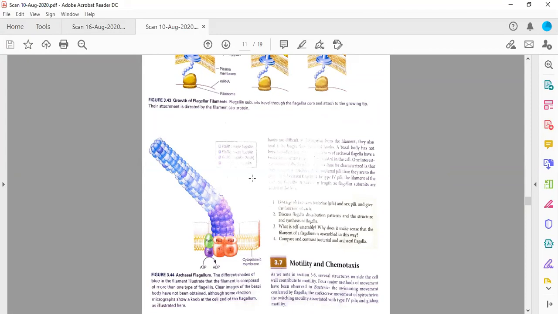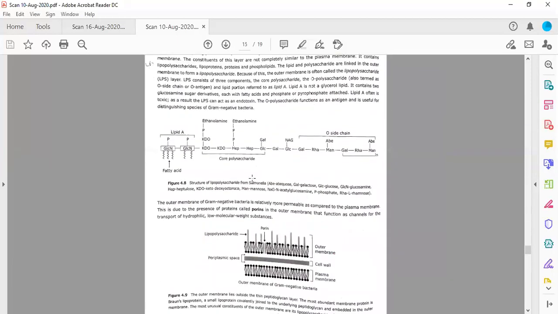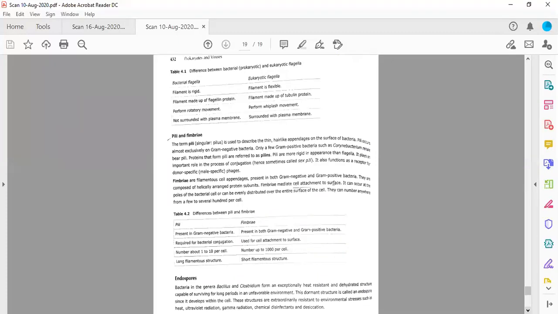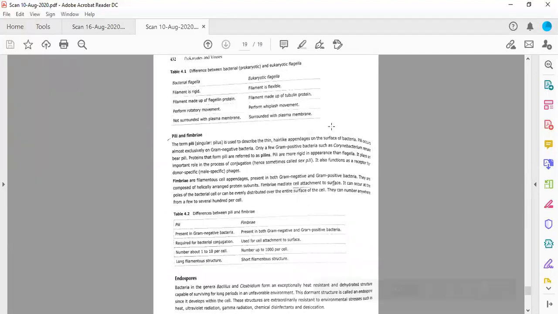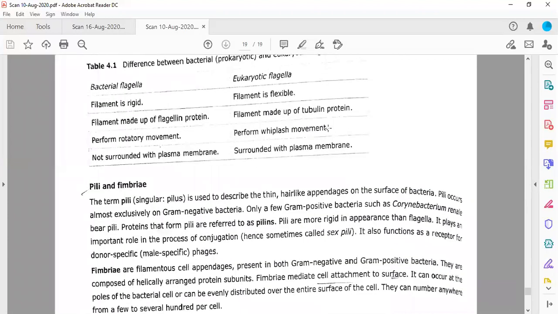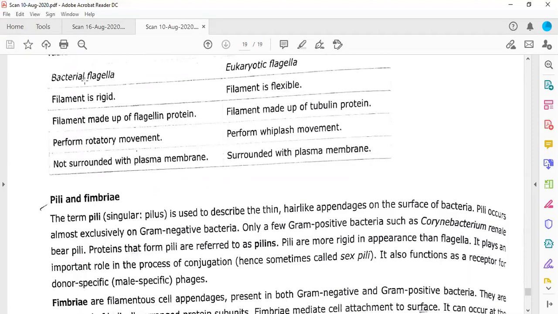Okay, so we also compare this flagella with eukaryotic flagella as it is given in your Pathfinder as well. So let me quickly cover this portion. This table is given in your Pathfinder page number 432. Bacterial flagella, whether eubacterial flagella or archeal flagella, is a rigid structure because so many flagellin proteins are present. Eukaryotic flagella is flexible because it is mainly having tubulin proteins. When it is flexible, other movements are possible. But if it is rigid, the flagella can only rotate, so it mostly performs rotatory movement,